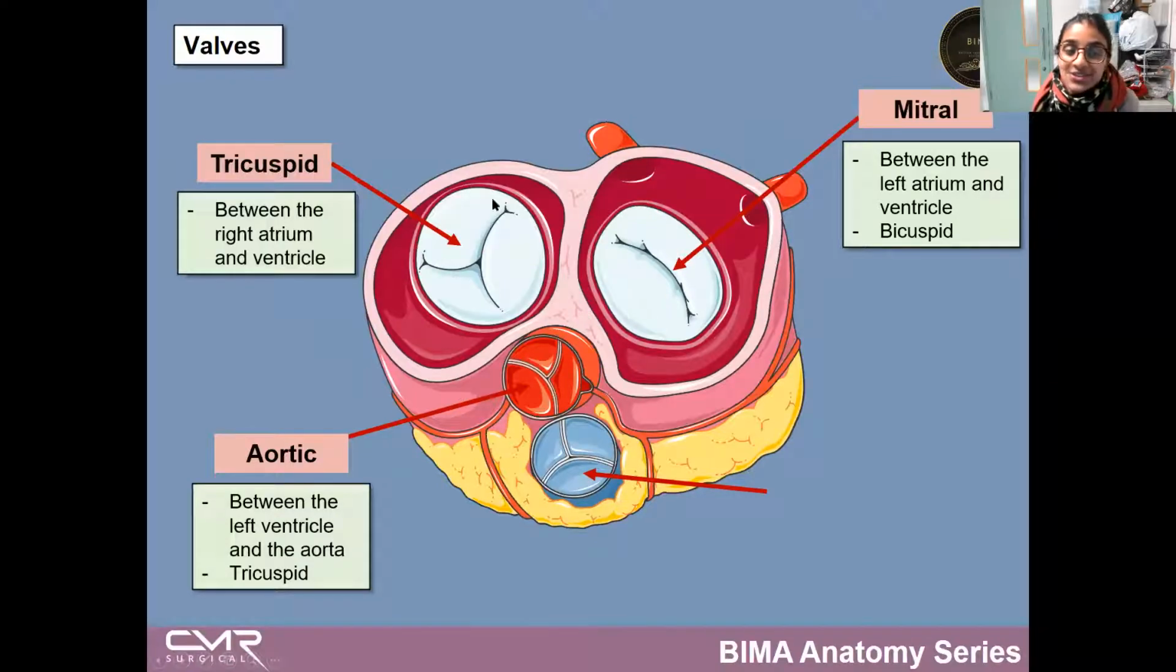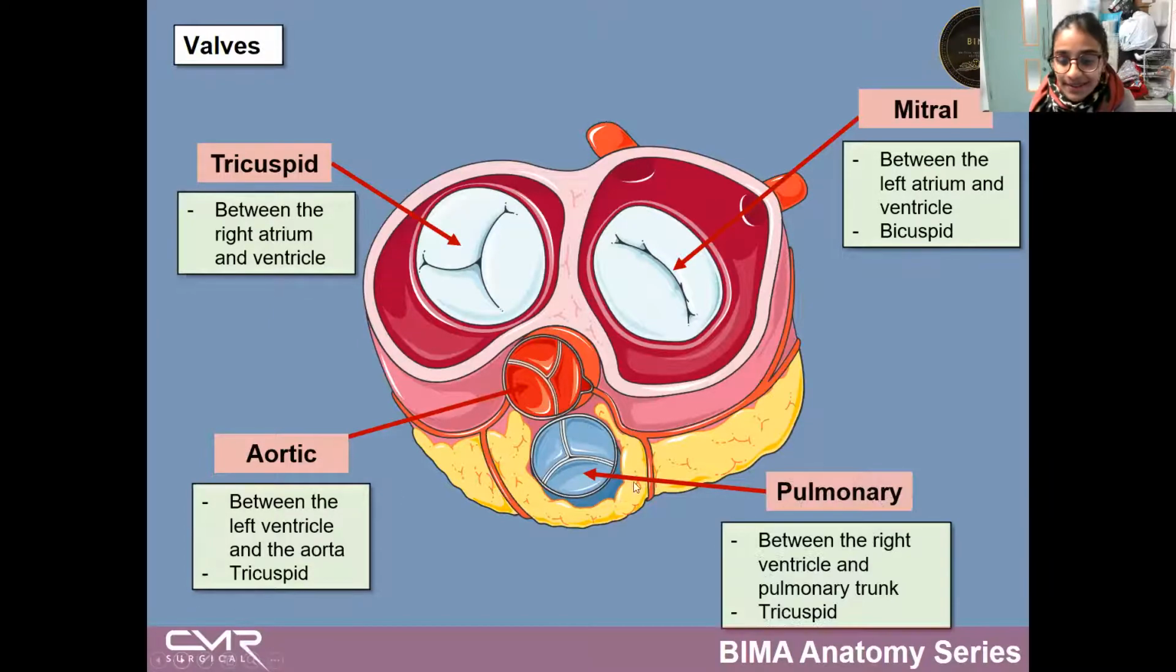Then we've got the tricuspid valve between the right atrium and the ventricle, also tricuspid, as the name would suggest. And then the pulmonary valve between the right ventricle and pulmonary trunk, which is tricuspid. And now,